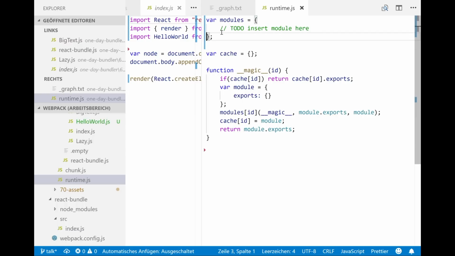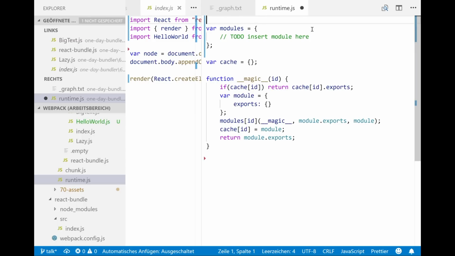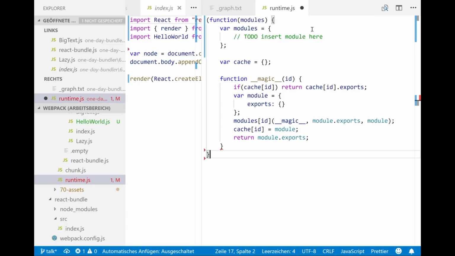So basically modules, it's kind of scoping in JavaScript, common. So this cache variable leaks into our modules array. So what we do to prevent leaking, we use an IIFE. We just pass the modules here and put everything into an IIFE and copy this one.